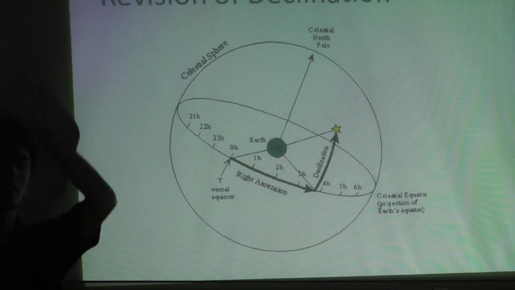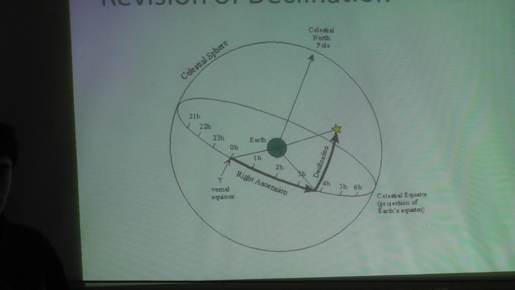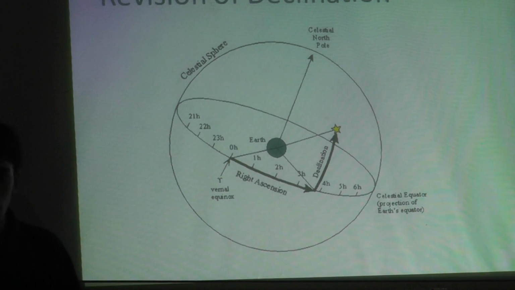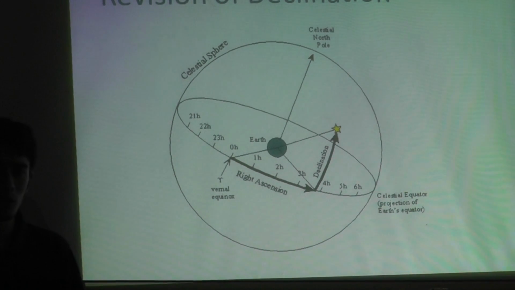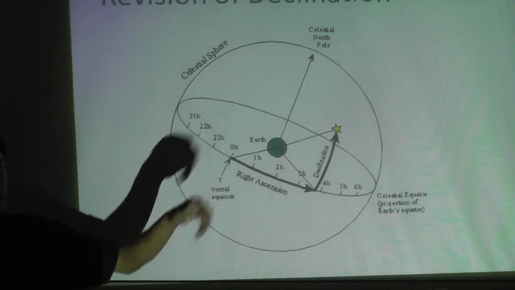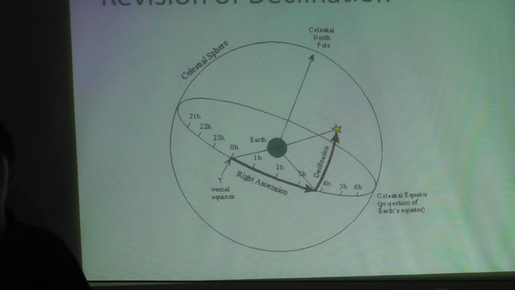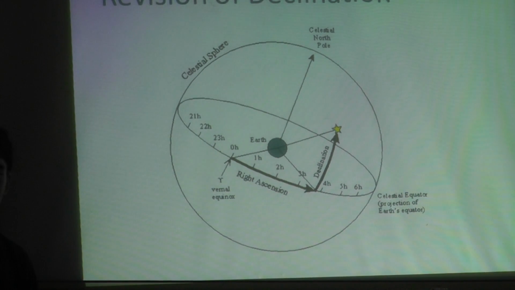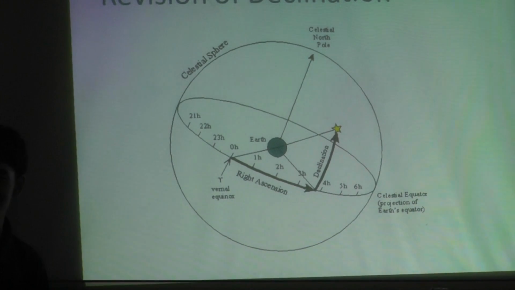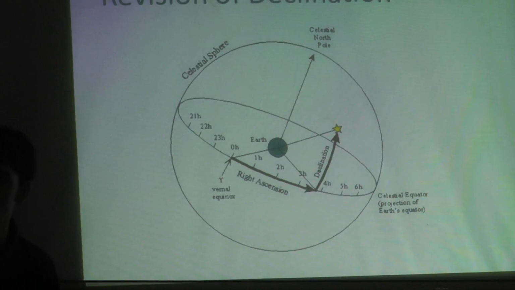Now, we all know that the stars keep changing their position as the night progresses. But just as a trick question, would the declination or right ascension of a star change, and if it changes, how? Would it change, and if it has to change, how will it change? You don't think it will change? Why should it? Why should it not?